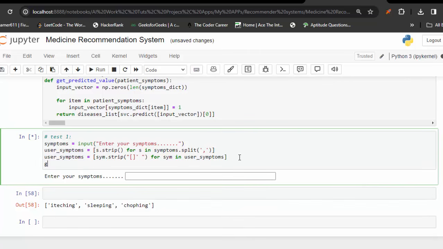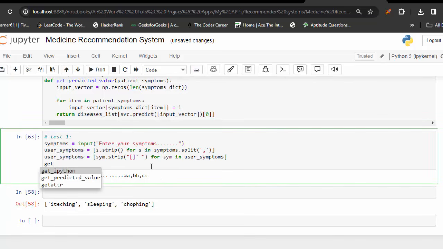तो भाई साहब हमारे पास एक फंक्शन है जिसका नाम है get, ये मैंने रन नहीं किया, अच्छा ए बी बी सी सी, ये इसका कोई अलग सीन था। ओके, get predicted value, I'm calling this function and I'm passing these user symptoms to this patient symptoms। So user, just give me a second, let me check the record, just give me a second।